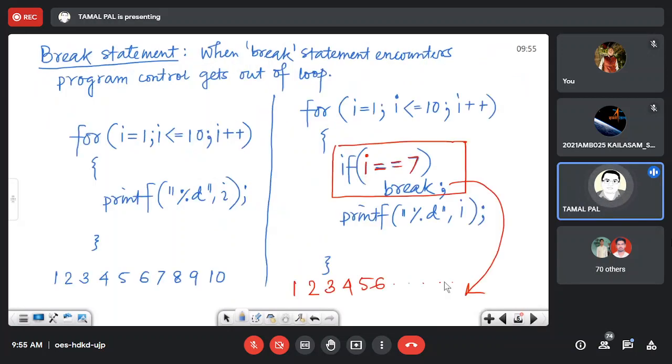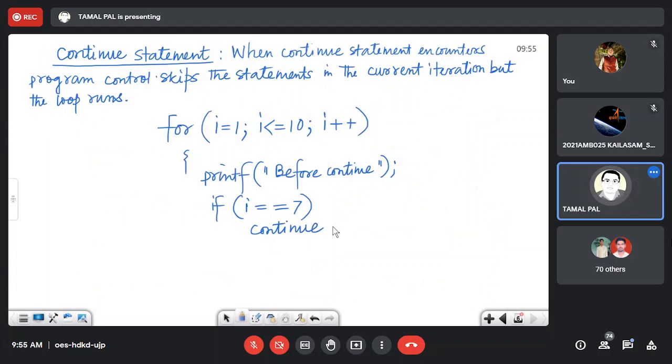Moving on to the previous example, you should always provide a semicolon after break, and break should begin with a small letter. Everything is small here. Same thing is also true for continue.